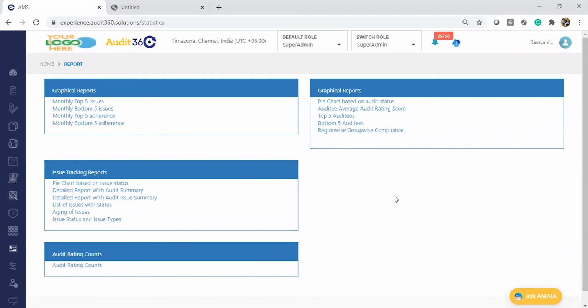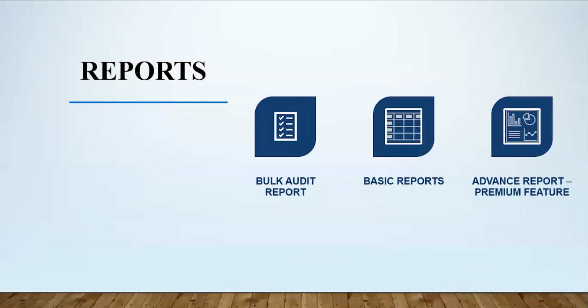Next section is the premium feature of advanced report. What is advanced report? Advanced report is a premium feature which we have built in. The reason we brought this premium feature into Audit 360 is, though we have given a bulk basic report, and even on the dashboards multiple graphical information or analytics, there would be specific report formats used across the industry or client-wise, where they would want, as a practice, to use the same format.